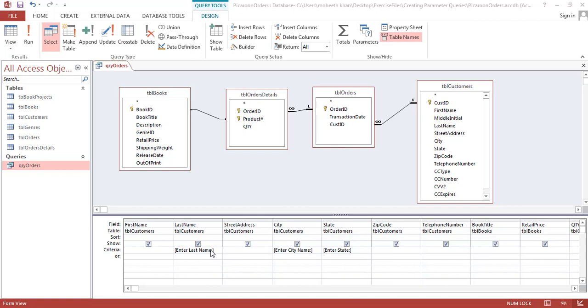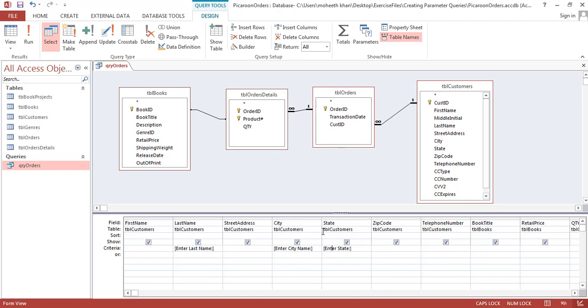So if you want to change the order in which the parameters appear for the end user, for example, in this query, these parameters appear in this order. First it's asking for the last name, and then the prompt for city appears, and then it prompts you to enter the state name. So if you don't want them to appear in this order and you want some other order, for example, you want to give first city, then state, and then the last name, for this you will go to this